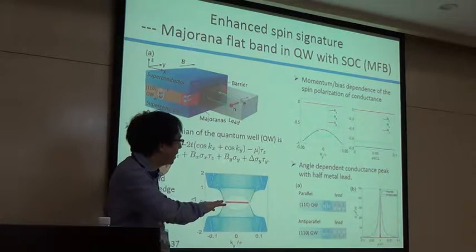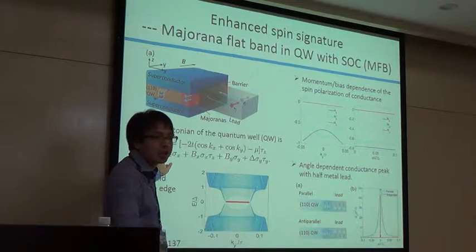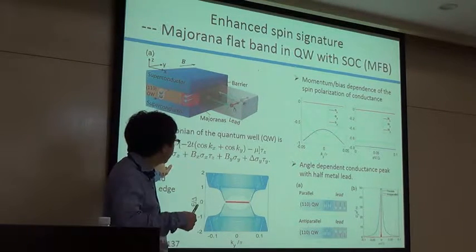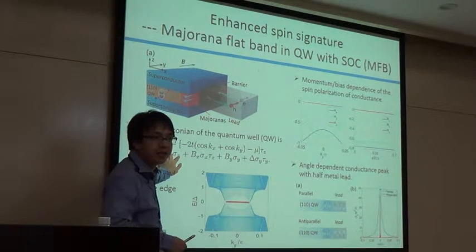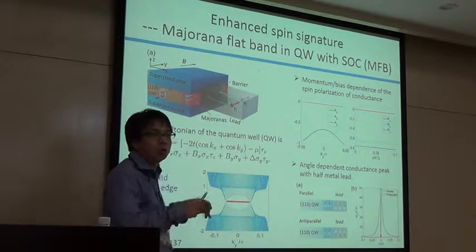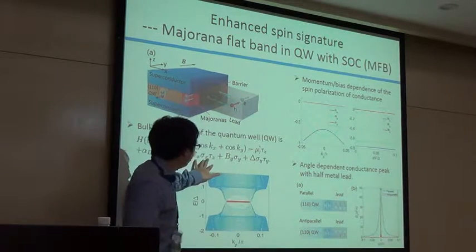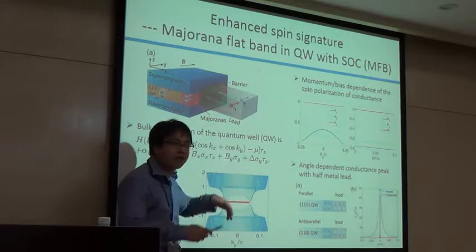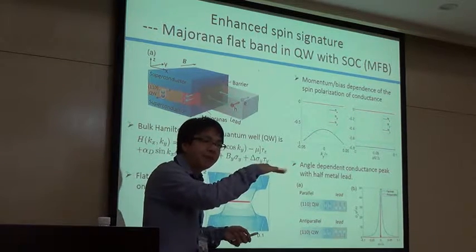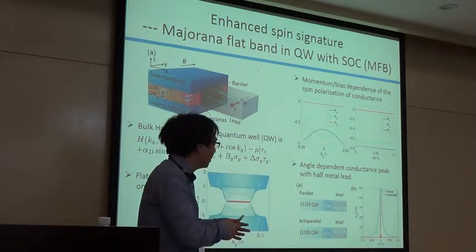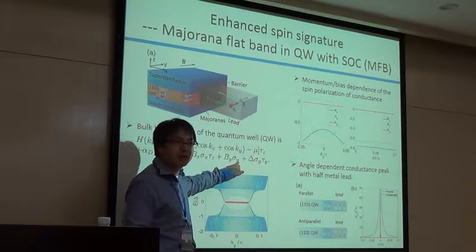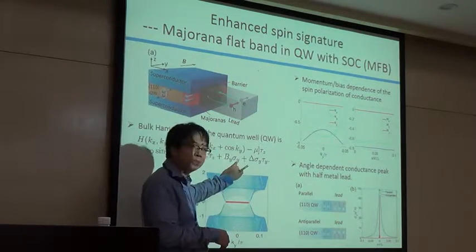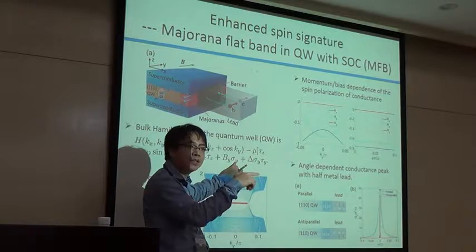This Hamiltonian is valid for small k, so you can just treat it as k. This is the momentum quantum number coupled with the spin index. So this is just like the magnetic field. For example, if I apply a magnetic field in the y direction, what does it mean? I will flip the spin. I will align the spin, the sigma y, in the y direction.